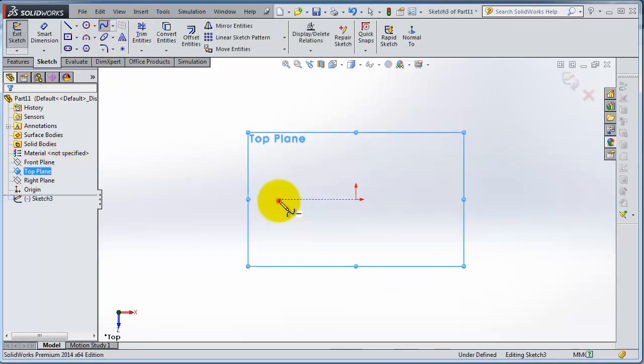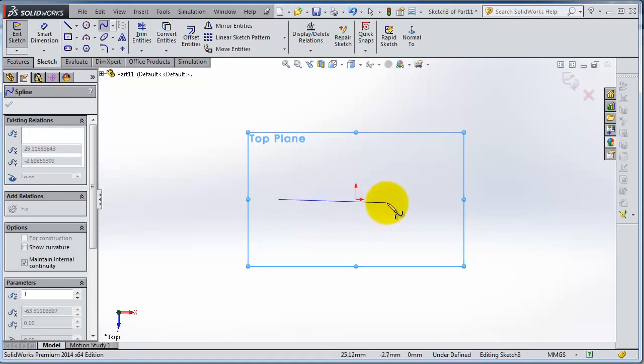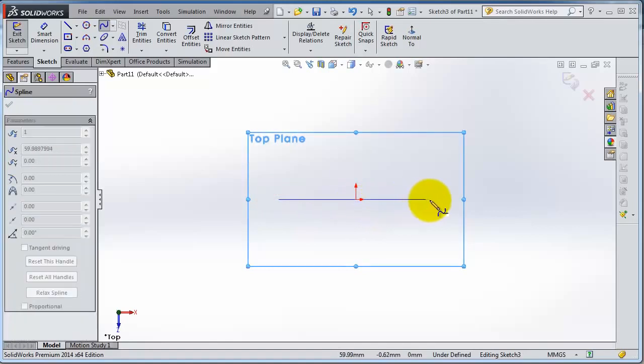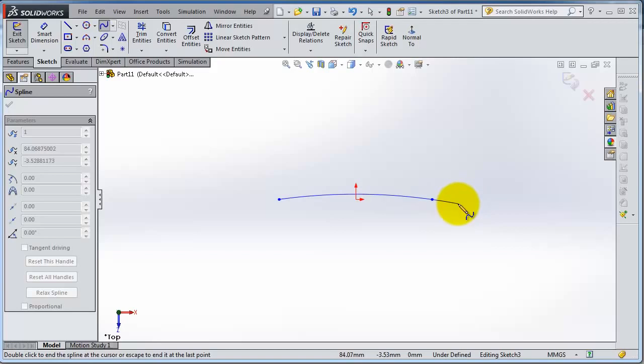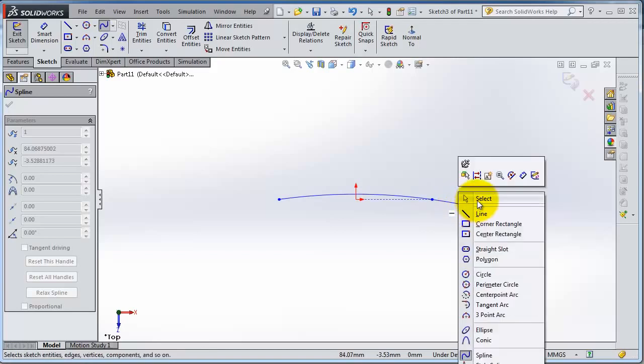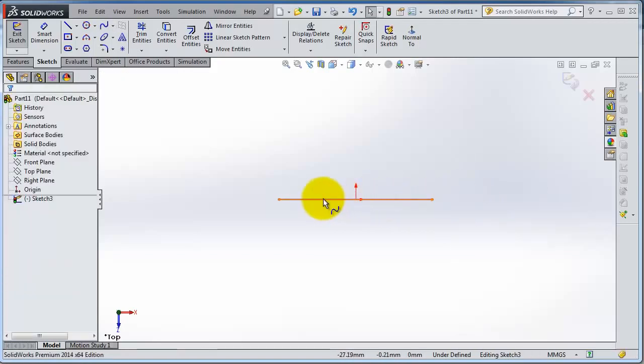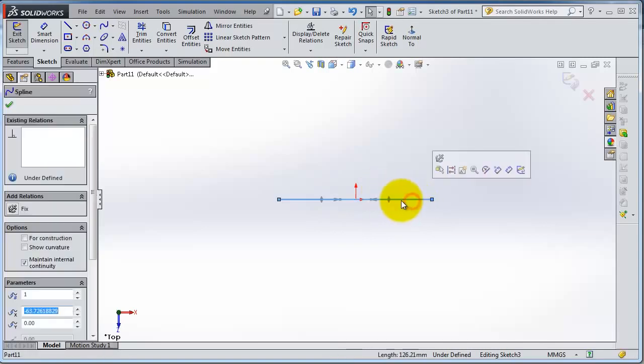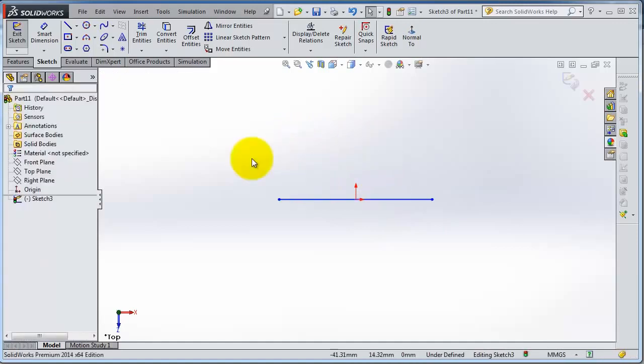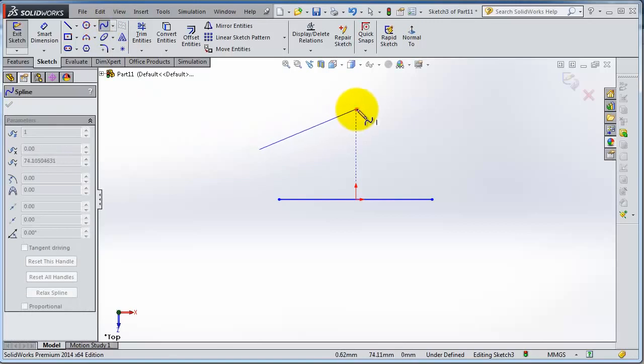Now if you create a spline with 2 points only, and then we are done, right click, select or escape, you'll notice it is a straight line, but still you are able to control it and change its shape. So let's draw another spline with 3 points: 1 point, 2 points, third,